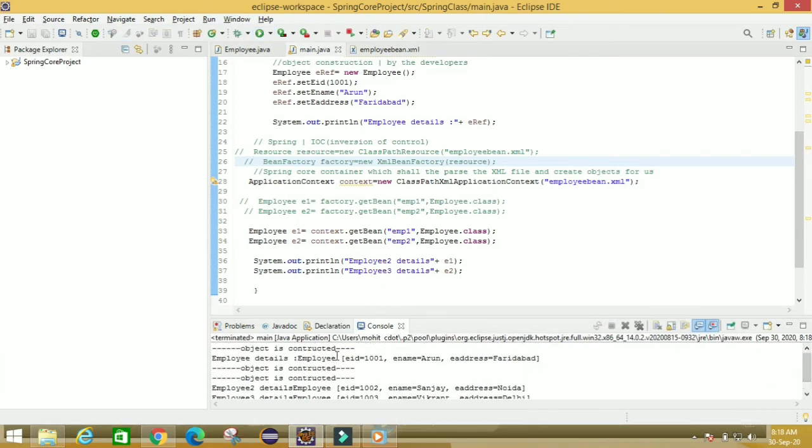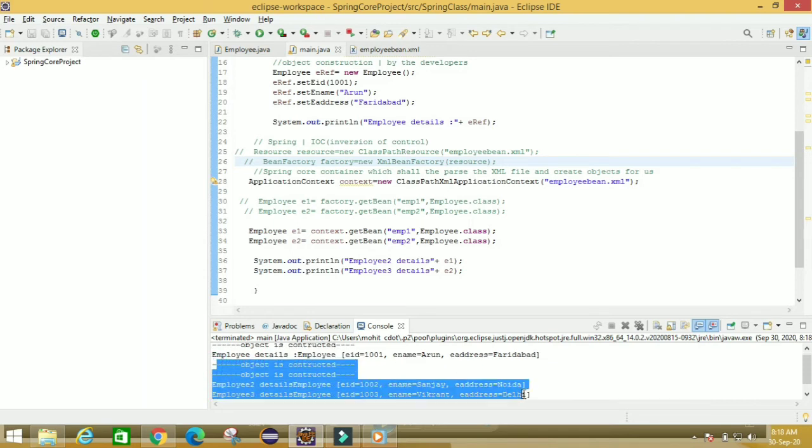We are getting one object constructed by the developer here, which is the traditional method, and two objects are constructed by the IOC container, application context. So we are getting the same result, but we will see one major difference.